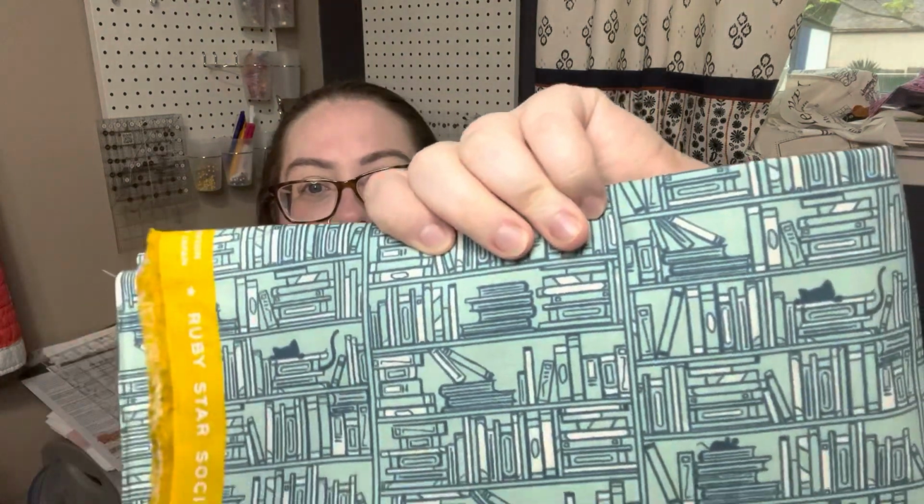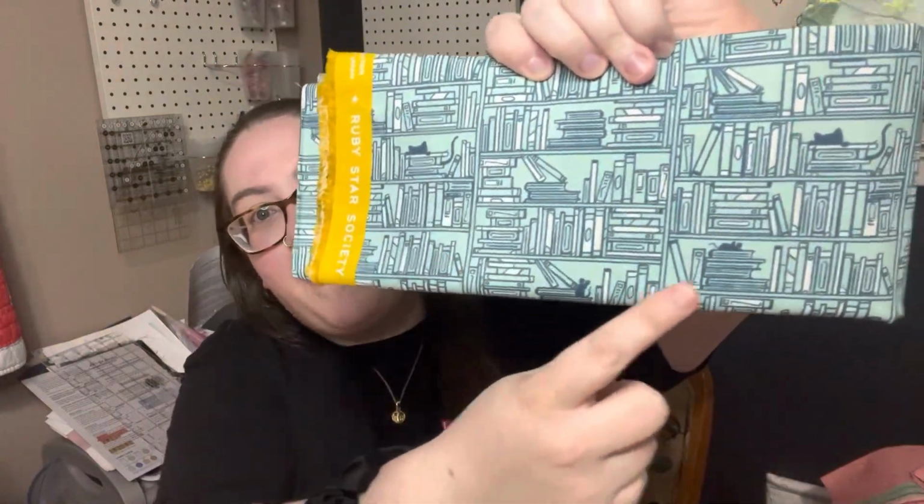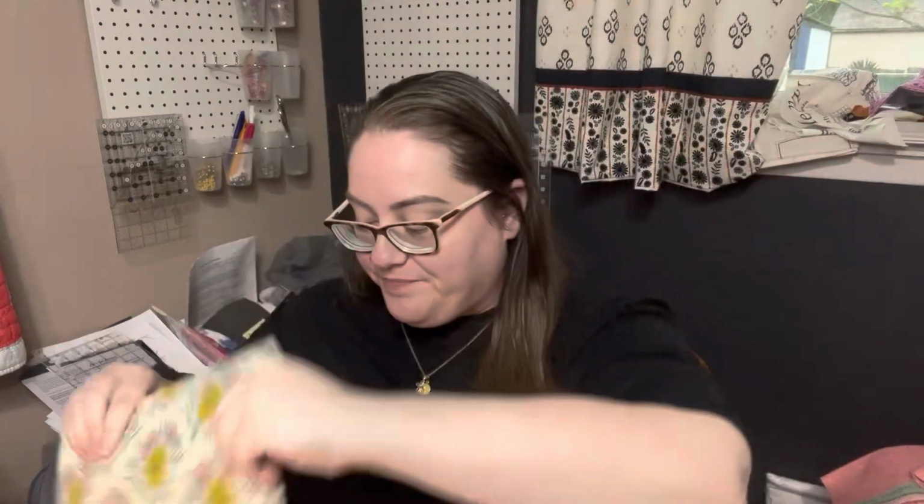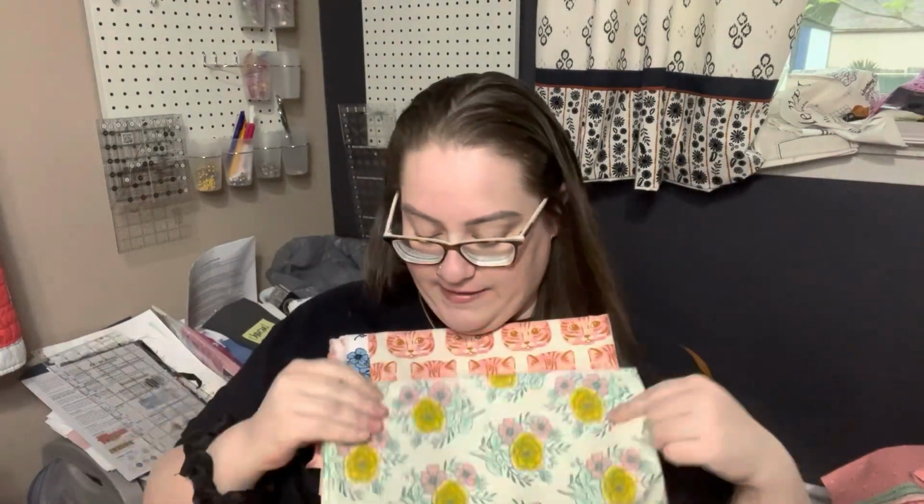So you can see the cute little cats inside of the books, but you can also see these cute little mice playing amongst the books as well. I got this really pretty pink floral. So gorgeous. This is probably my favorite floral. And this one ties in the tealish green, the pinks, and even the yellow with the yarn ball. So I love this one. It is so pretty. And then the pink cat heads. So cute. So this is my color palette